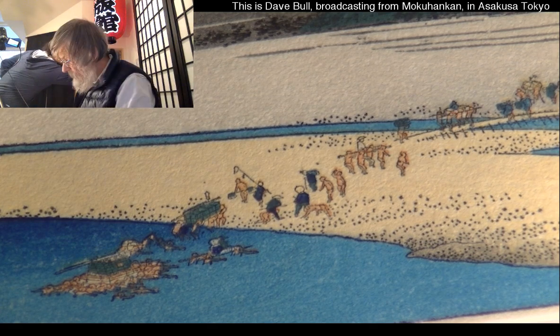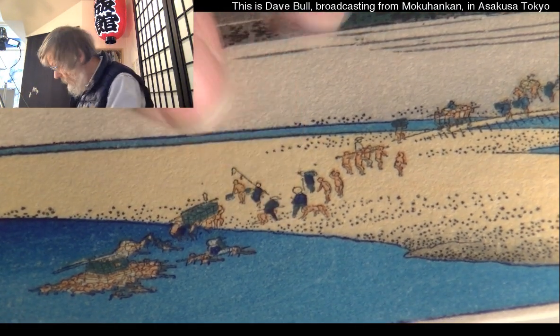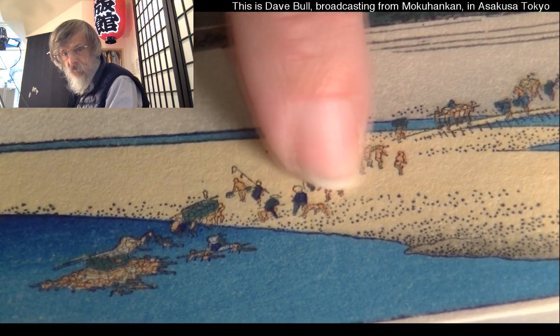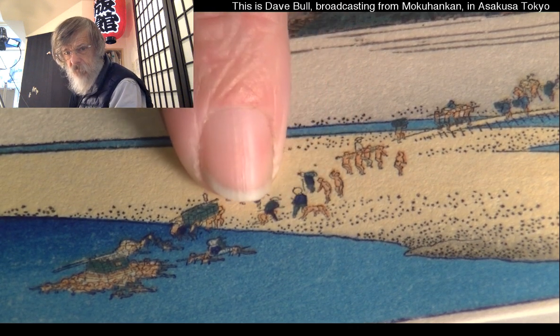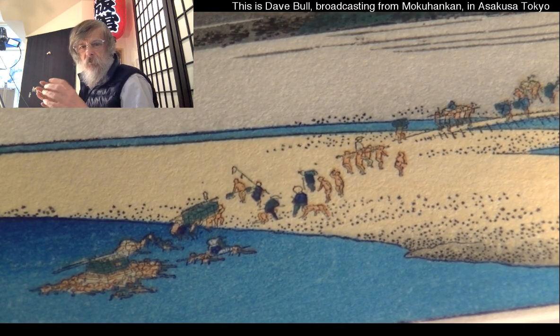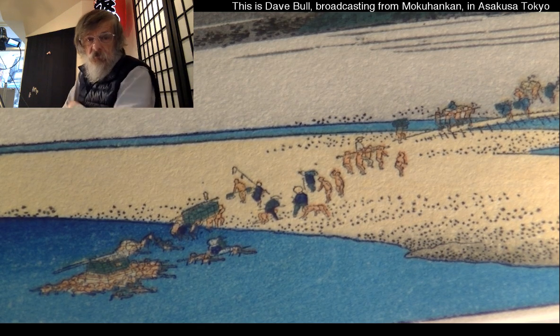So here we go. We have a scene of one of these river crossings. You see what's going on here? It looks like these two little dudes are playing sumo or something, because they're almost naked. They got their wrapping on their body, and it looks like they're playing sumo. And no, what they're doing is they're preparing to pick up a customer. When you're a customer coming to the river crossing, these guys are all standing there waiting to cross the river. And if you've got tons of money,